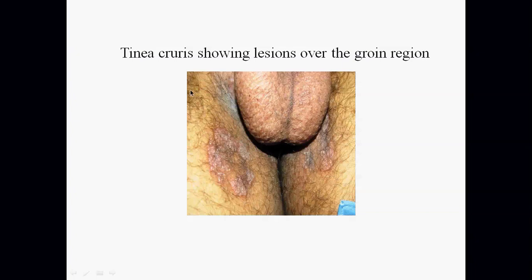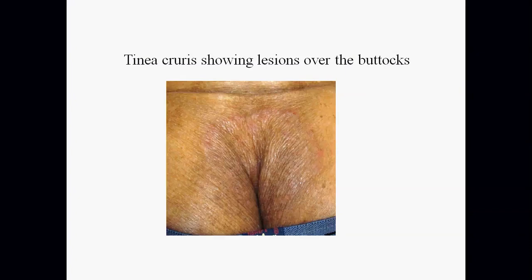This is a specific term utilized here, tinea cruris. When it is present in the groin and perineal region, it is called tinea cruris. All these are superficial fungal infections which I am showing you in the pictures. Now in the groin region, you can see these are the fungal lesions which are present. So all these are superficial skin infections. I am showing you these pictures so that you should know the samples can be collected directly from here. The skin scrapings are to be collected. You will see the technique in the next slide. This is tinea cruris again on the buttock.